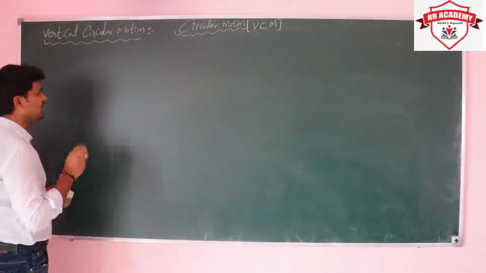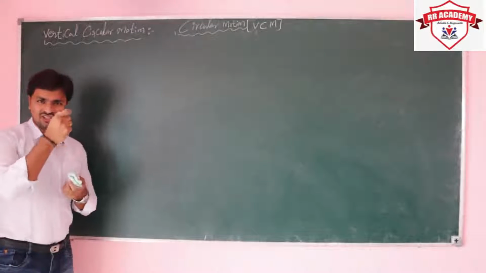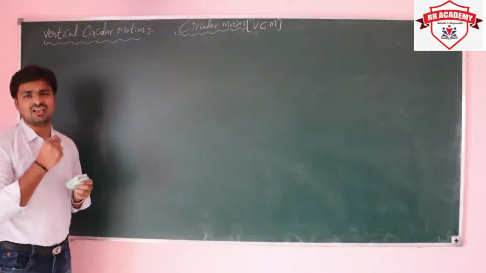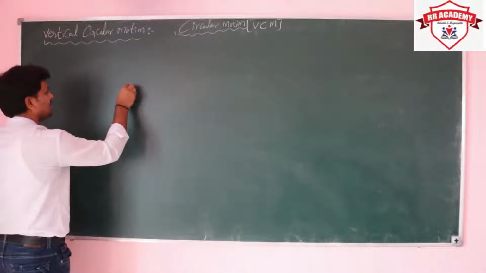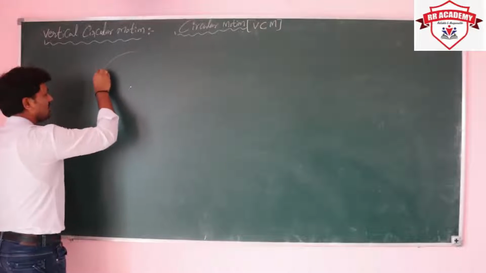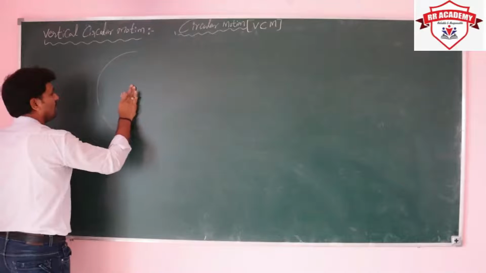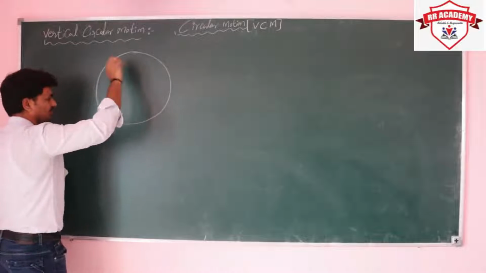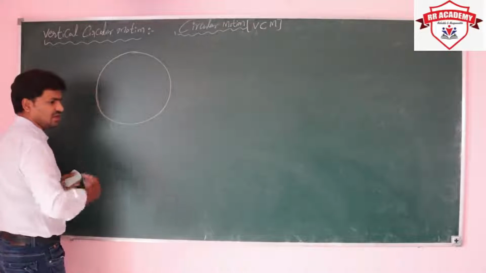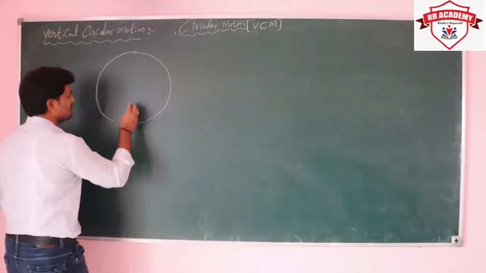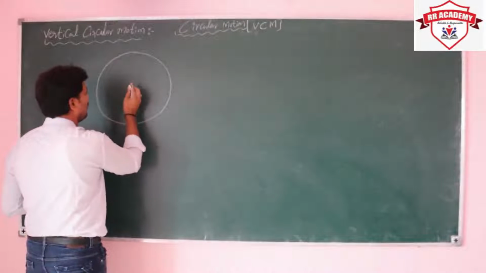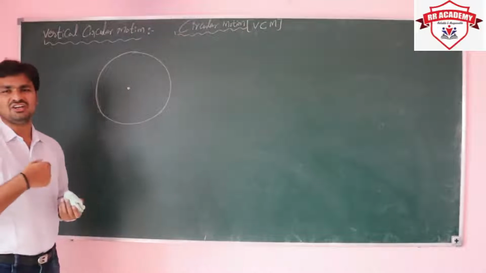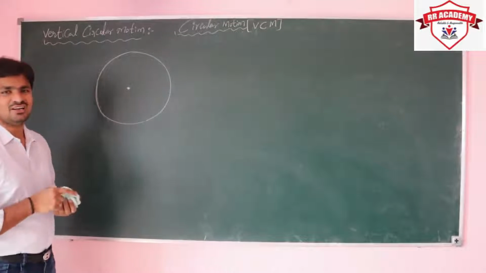Here I am considering a body. The body is tied with a string at one end, and the other end of the string is fixed, like this. Now the system is oscillating, or rotating, in a vertical circle. A vertical circle means the circle is in this way, like a giant wheel. Here we have to find the velocity of the particle at different points, because it continuously changes, so the velocity is different at different points.